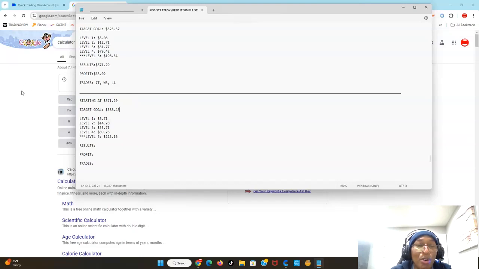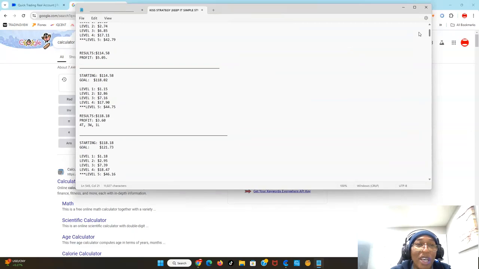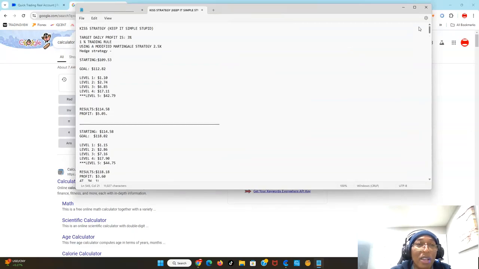Guys, that's how you blow your account. You've got to be very, very realistic. Even 3% is a high target. Imagine every day, 3%. In a month, if you trade daily, that's 90%. Where on earth do you get 90% growth on your account? Never. Nowhere. Very few places.